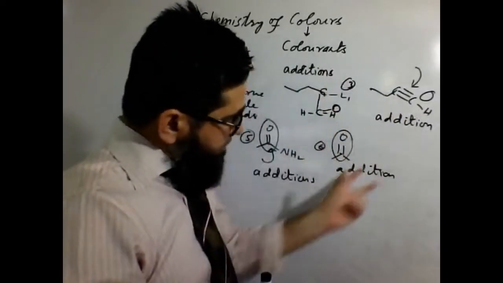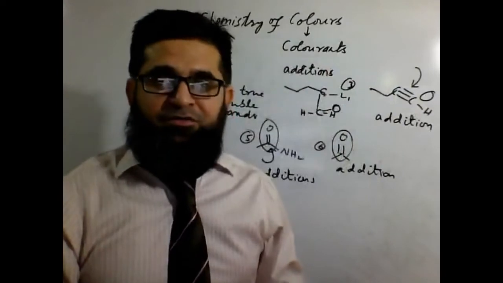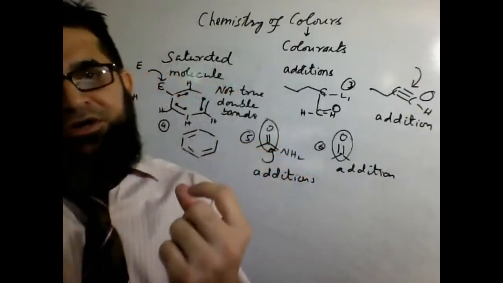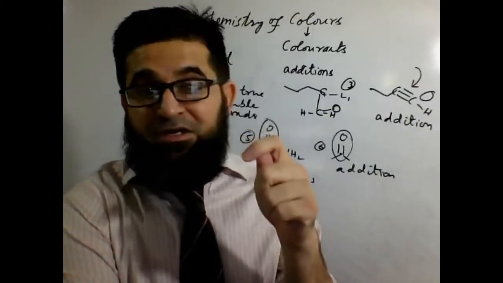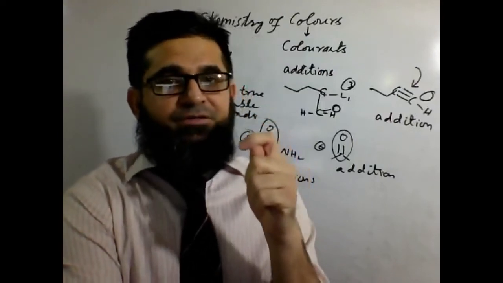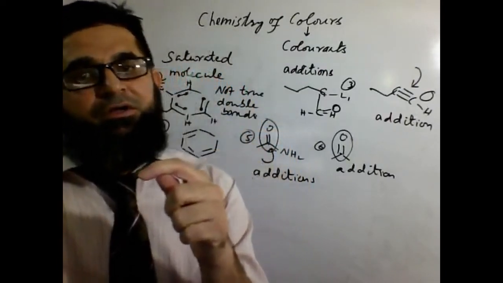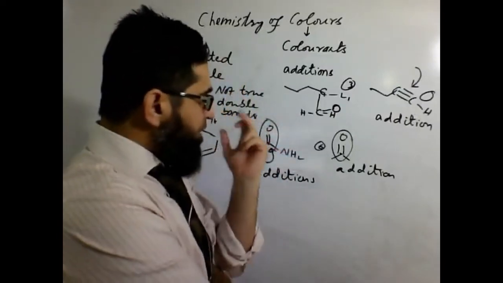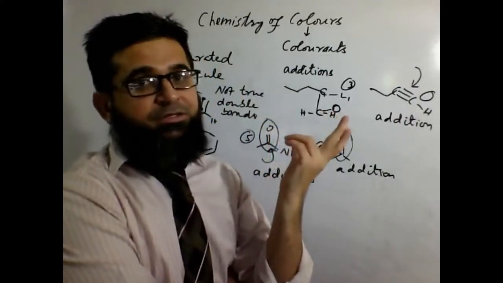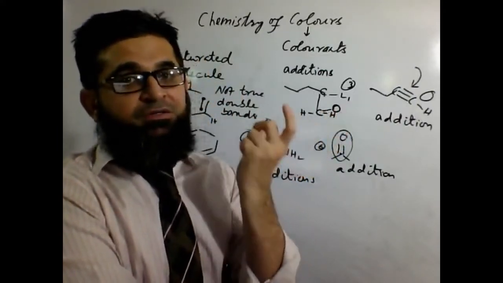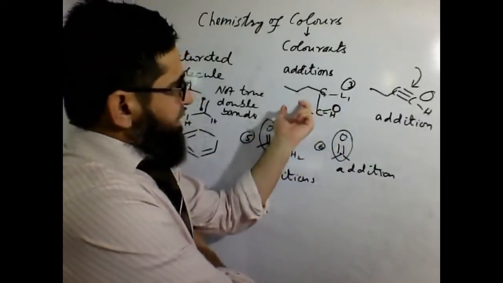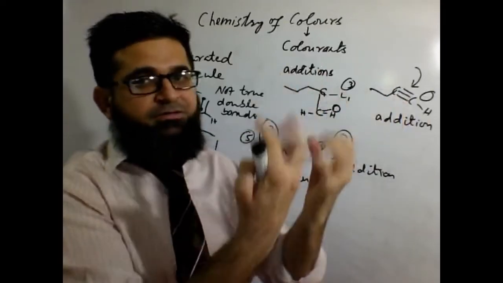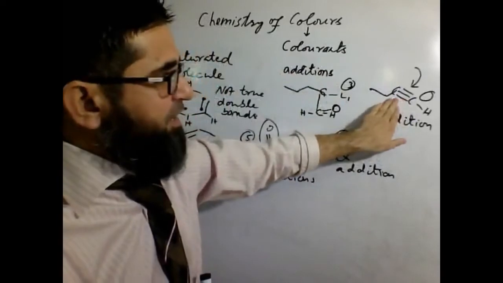If I sum up this discussion from the last 4 or 5 minutes, I came to the conclusion that if the molecules are saturated, and saturated ones are those which carry single bonds, they can't undergo addition. They are supposed to undergo substitutions only. The molecules which carry single bonds, like alkanes, alkyl halides, and ethers, are supposed to undergo substitutions only. Alkenes and alkynes carry double bonds. The carbon has the capacity to add somebody who can come to attack at the carbon. It can provide the place for the addition.